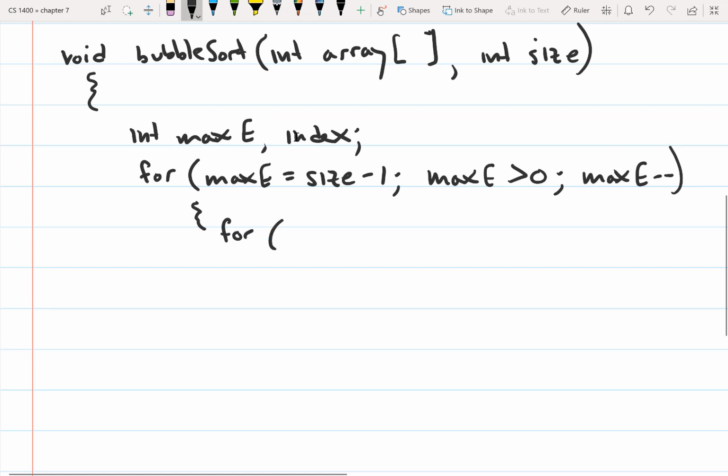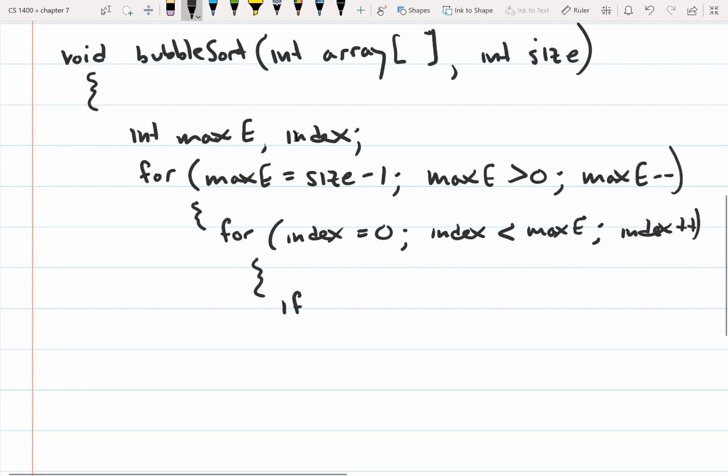This one is for index equals 0, index less than max element, and then index plus plus. And then this is where we're going to compare our two elements in the array to see if one is smaller or larger and to see if we need to swap them. So we're just going to say if